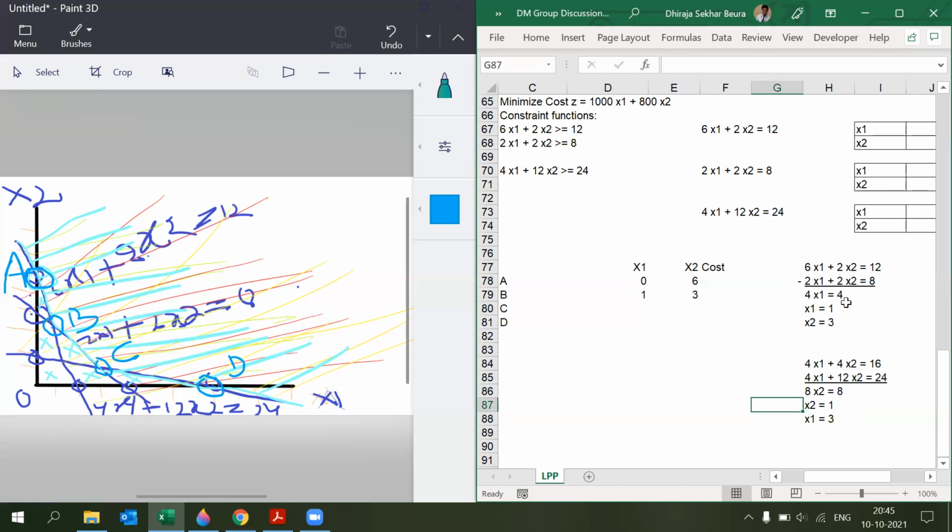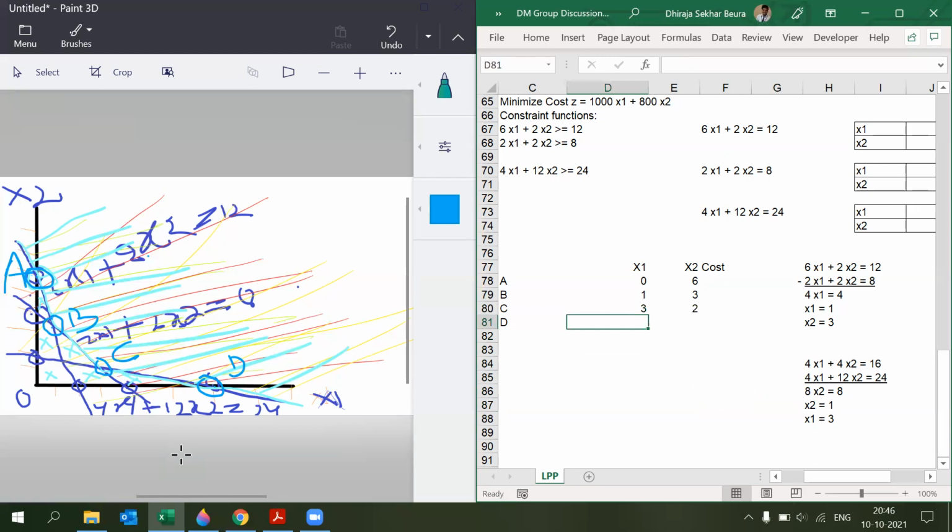Definitely. It depends on the numbers. If the numbers are very weird, obviously decimals will come, and in those cases this will happen. Imagine a situation: here I had taken 1, 2, 3, 4, 5, 6. Had I taken 2, 4, 6, 8, what would have happened? The graph would have come in the middle of two pointers, and you would be imagining, is it the middle or not? So again, it is always safe to solve those linear equations together. So now our x1 becomes 3 and x2 becomes 2.